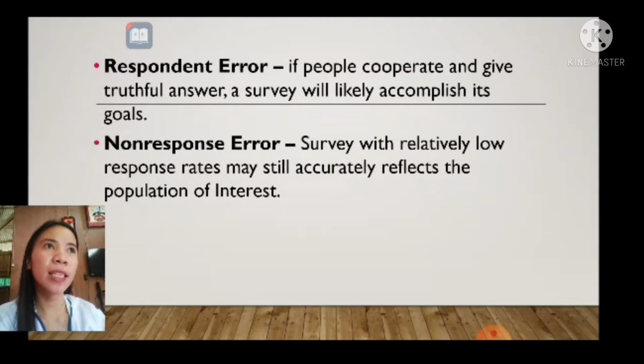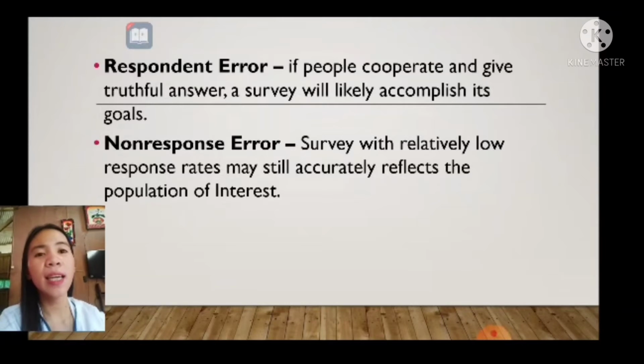For example, kapag nag-interview tayo tapos hindi sila nag-response, parang hindi sila sumasagot, yan ang tawag na non-response error. Hindi tayo makagawa ng research kapag ganyan ang kanilang mga sagot.